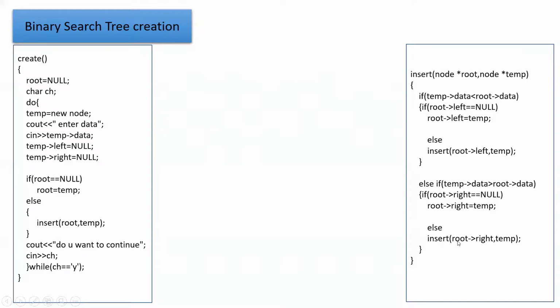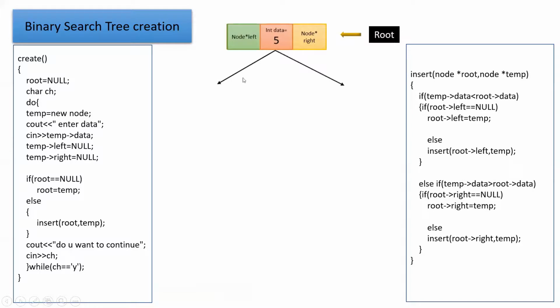So now we'll see how this will work here. If you see here, initially this part is going to execute. It is going to create the new node. So the new node will be created this way. Now, if this condition is true, root is equal to null, the instruction root is equal to temp will be executed. And if you see here, this node will be attached as the root node in the tree. And initially this left and right pointer will be null, as this is the single node present in the tree.